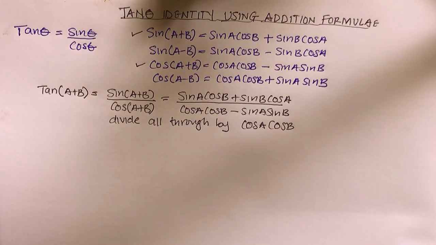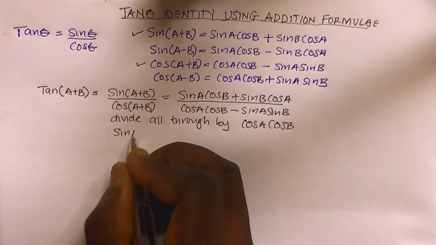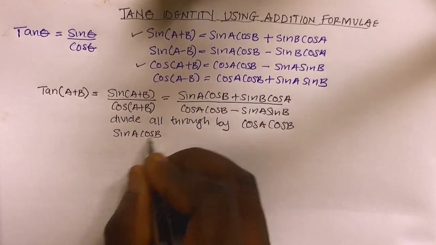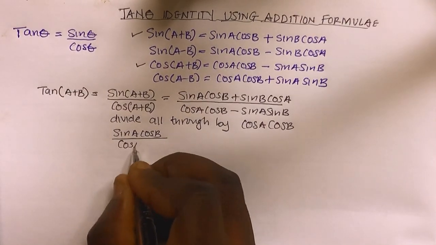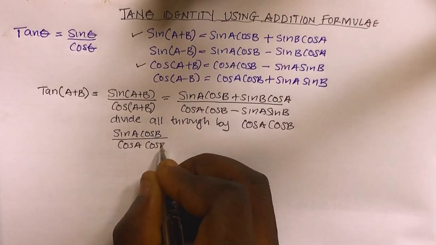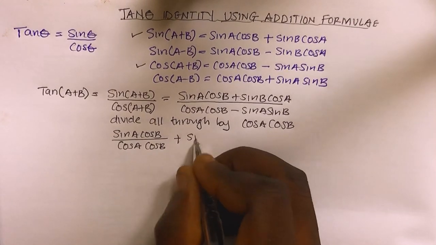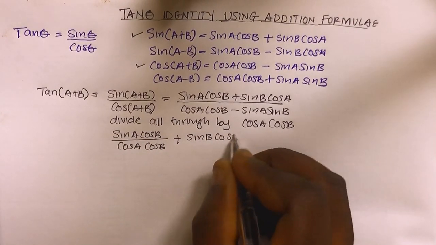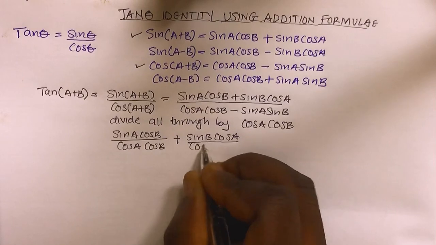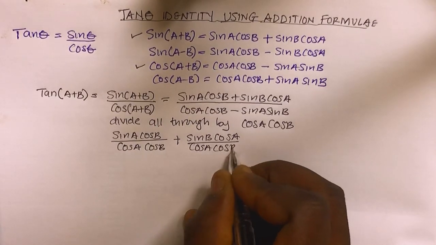If we divide all through by cos A cos B, we are going to have sine A cos B divided by cos A cos B, plus sine B cos A divided by cos A cos B,